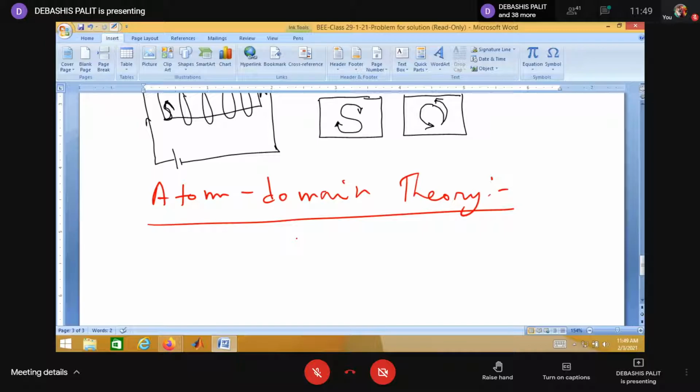Paramagnetic materials are very weakly magnetizable, like aluminum and antimony, which cannot be magnetized. So you have to go into atomic domain theory in detail. The next thing is the introduction of magnetism, which you have already studied.